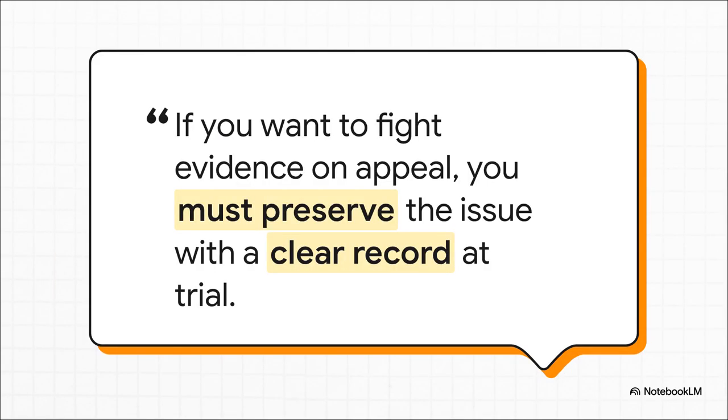So the big takeaway from State v. Brown is seeing how all these rules work together like a machine. If you try to cherry-pick a statement, Rule 106 lets the other side bring in the rest of it for context. And if you're going to fight any of these decisions on appeal, well, you better have made a good, clear record with a timely objection, just like Rule 103 tells you to. Brown's lawyer failed on that point with some other evidence, and the appeals court basically just had to shrug its shoulders and say, sorry, can't help ya.